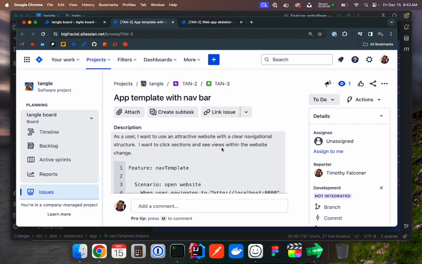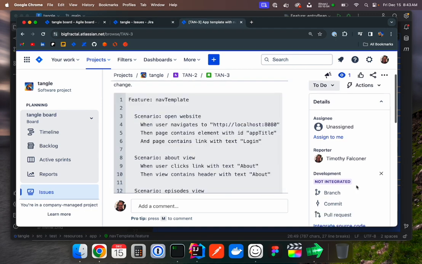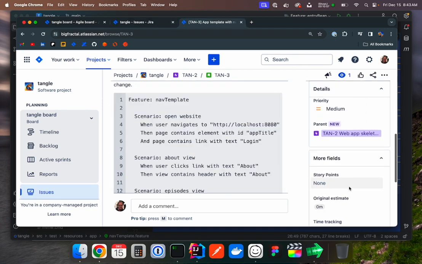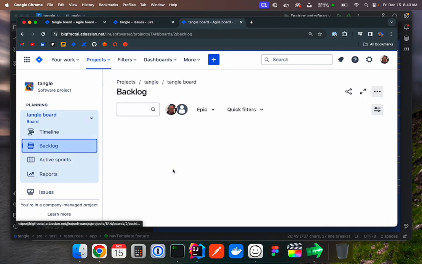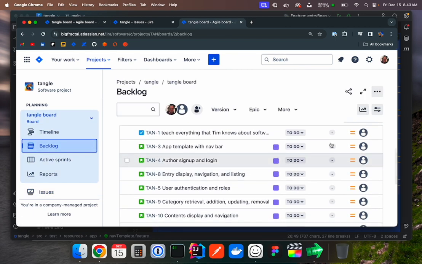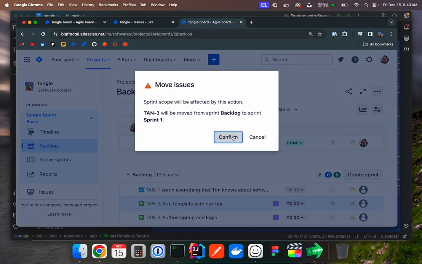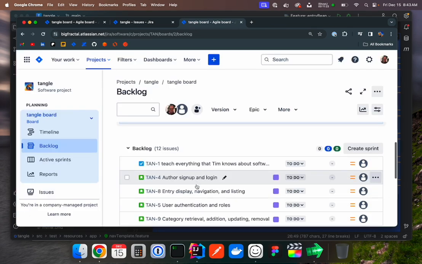All right, my estimate. So in the beginning, you're always trying to figure out what your story points are. So based upon the amount of work that I did for the last one, all right, so let's go to the backlog, and I'm going to drag this up. See, it warns you about moving stuff into an active sprint, so don't do it. All right, next one is,